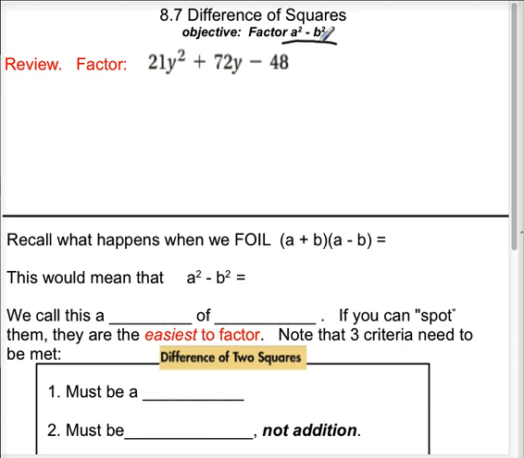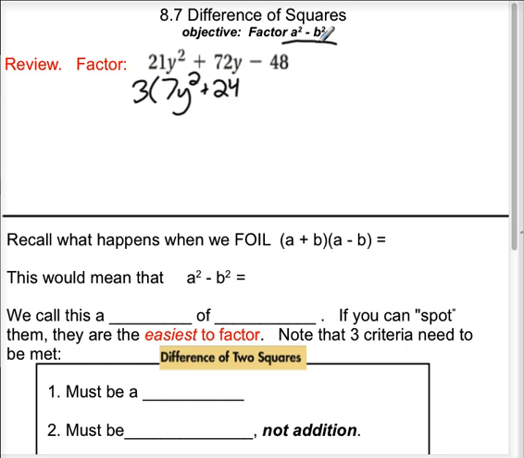So first we're going to factor this, 21y squared plus 72y minus 48. Back to one of our basic quadratic trinomials. The first thing that I'm going to do is look to see, can anything pull out? Well, I don't see my variable in every term, so I'm not going to pull a y out. But something that I notice is a 3 can be pulled out of everything else. So I'm going to pull a 3 out of every term, which is going to leave me with 7y squared